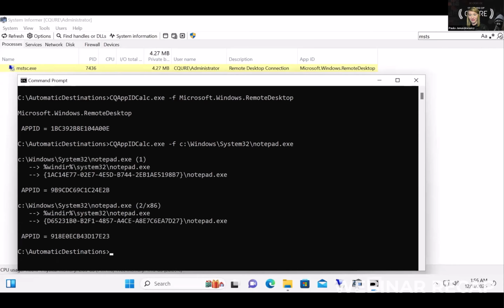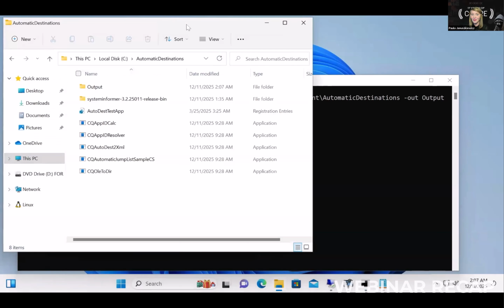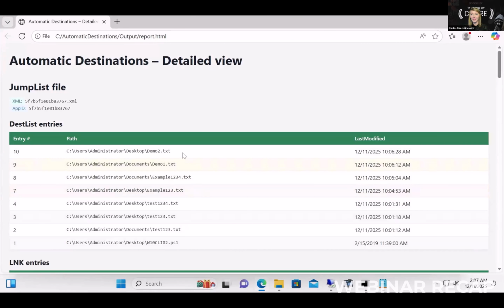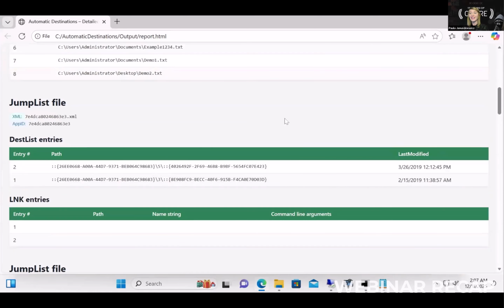So from that angle, you can see that there is an identifier. So 1BC and so on, 9B, 9C. That basically is the identifier that you can use to analyze that in the folder. And this basically generates for us an XML that's going to show us what kind of history we got in the operating system. And then, honestly, tada, as you can see, destination list entries,